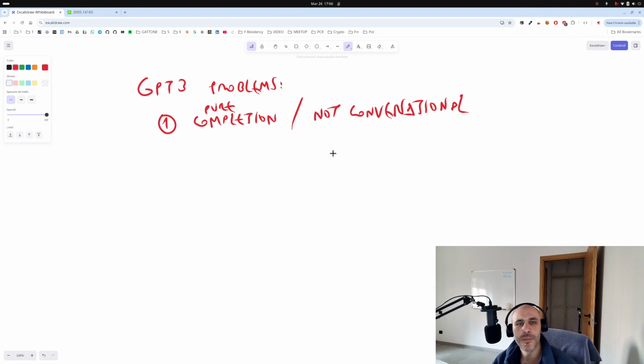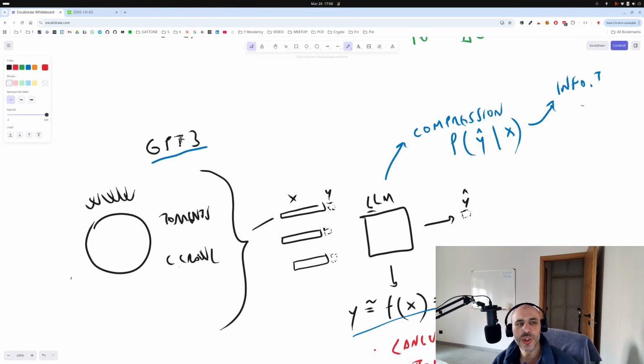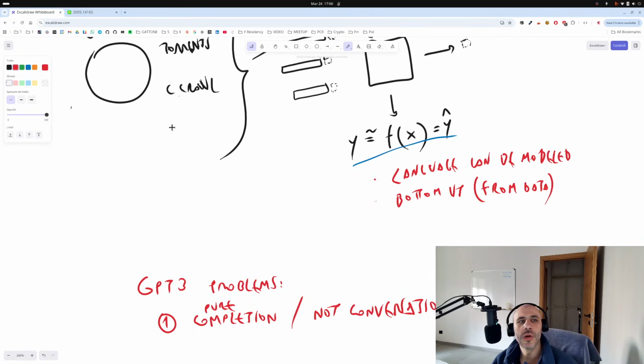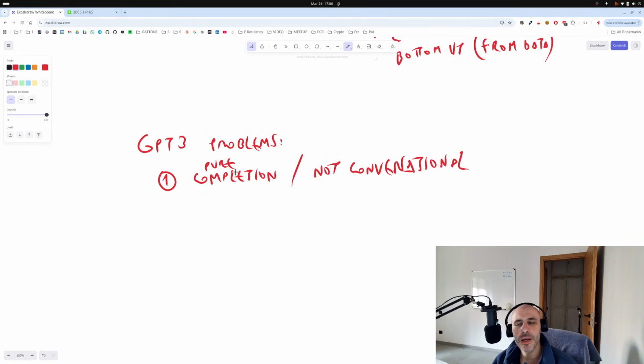So if you went to GPT-3, the first versions, which were really funny, and you said, how do I build a bomb? And you ask the model to continue the text, the model will say, how do we build a bomb? I really don't know how to build a bomb. We should know how to build a bomb. Let's ask somebody how to build a bomb. So it was not following instruction and not following conversational terms.